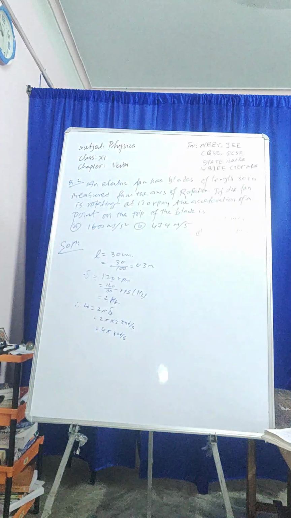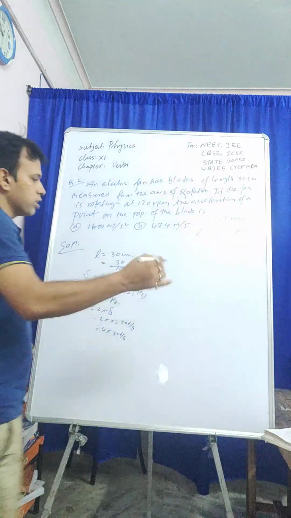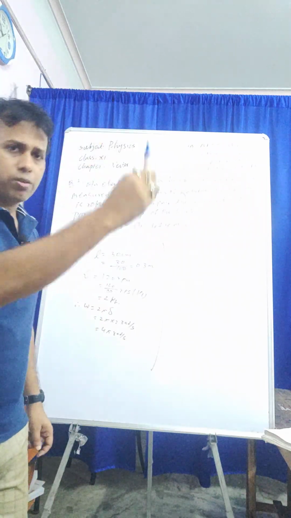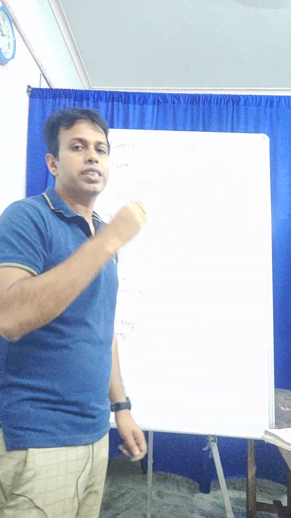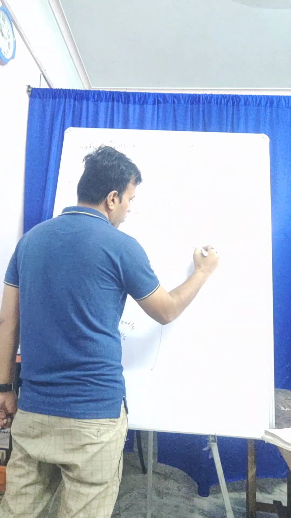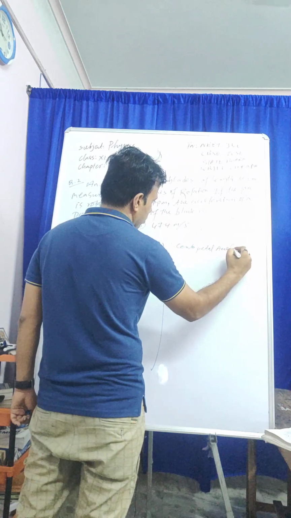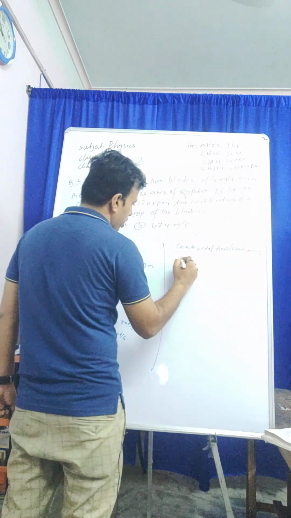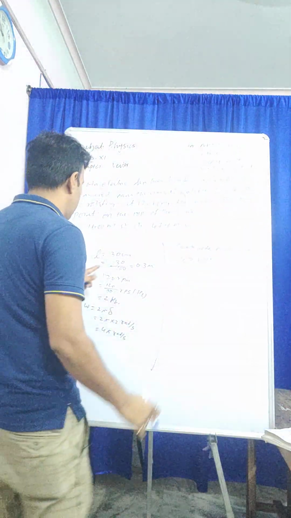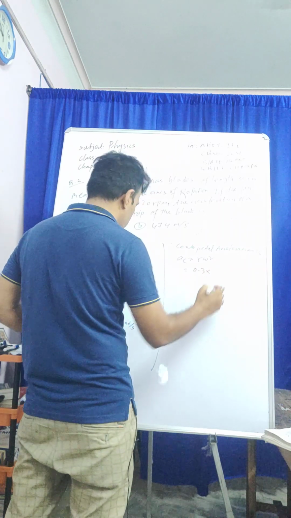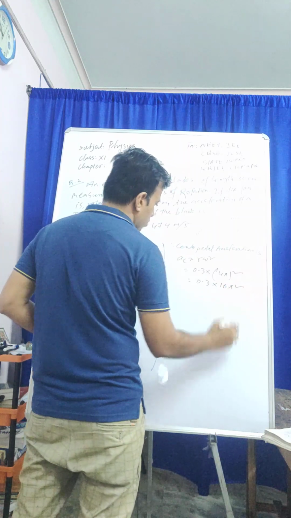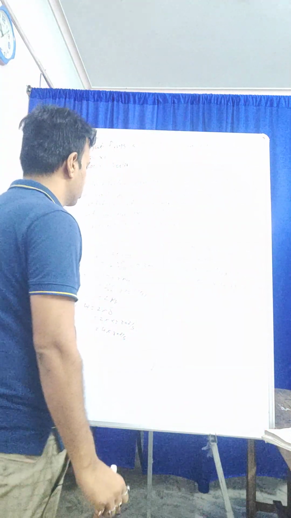Now the acceleration of the point at the tip of the blade. So we have to find out the centripetal acceleration, because the fan is rotating in a circular path. So we have to find out the centripetal acceleration on the blade. Therefore centripetal acceleration a_c is equal to R omega square. R is L here, 0.3. Omega is 4π whole square. So 0.3 into 16π square.